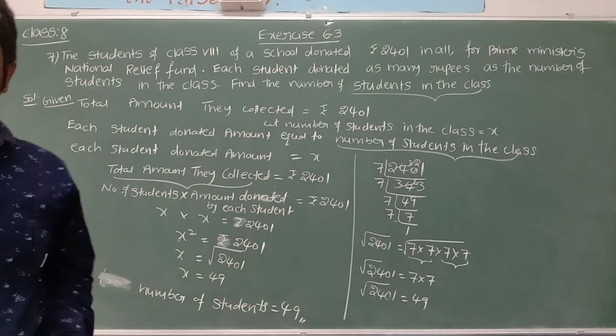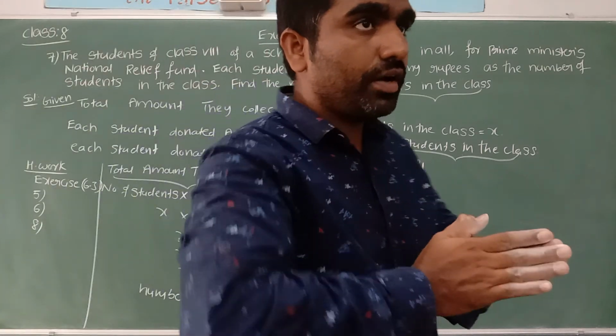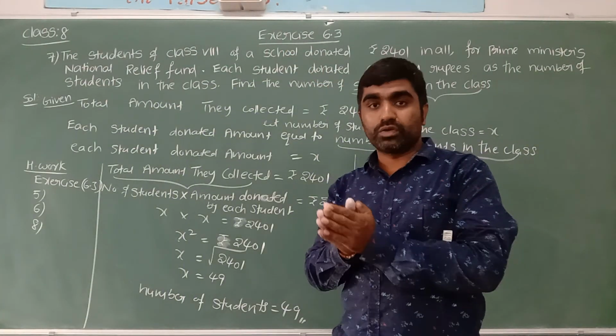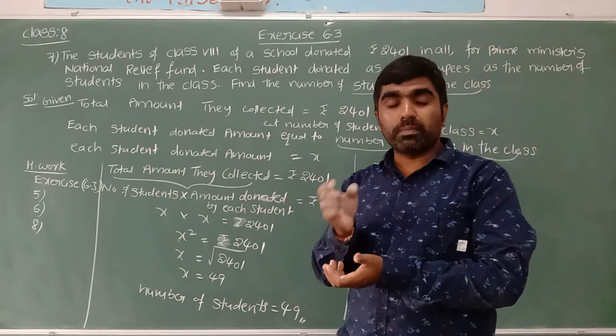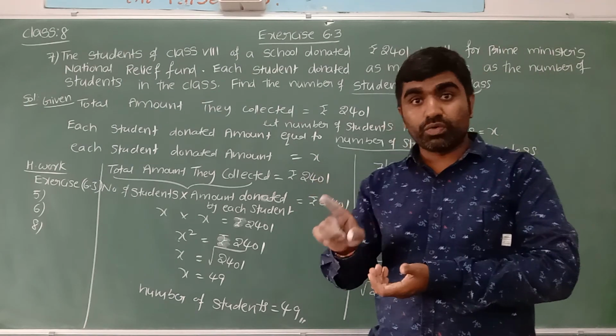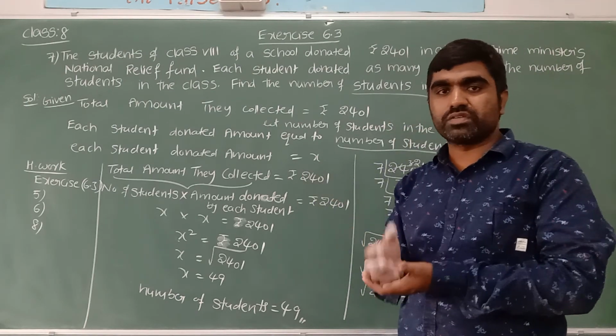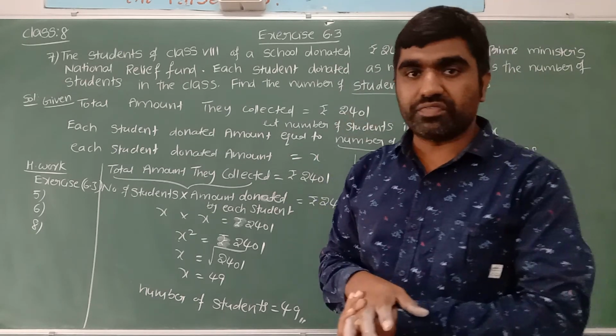Hope it is clear. Today in class we discussed what number we can multiply to the given number to get a perfect square, and also what is the smallest number we can divide by to get a perfect square, and also we learned some applications of square root. Hope it is clear for everyone.